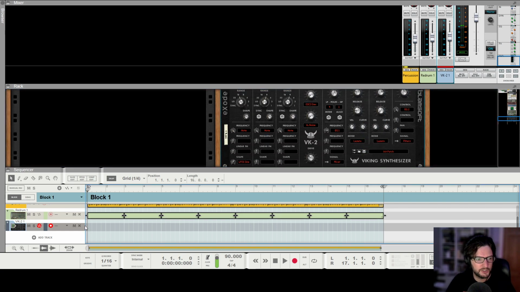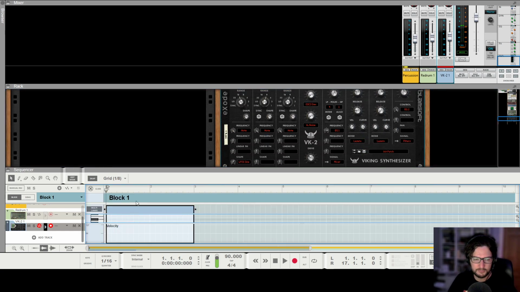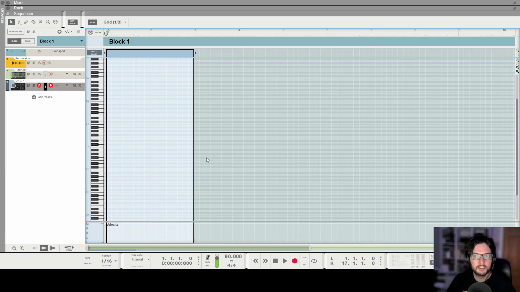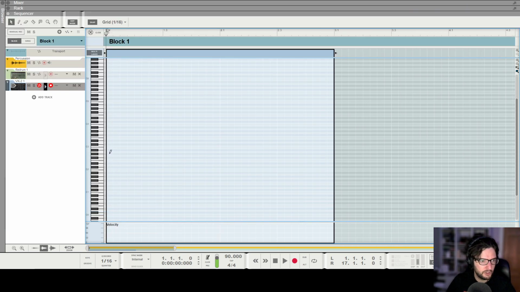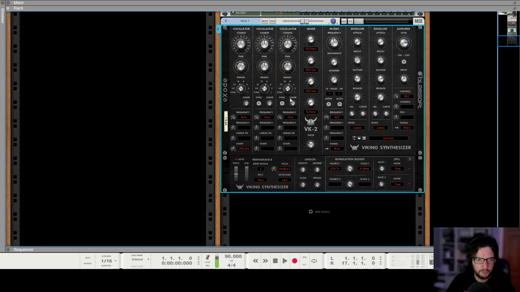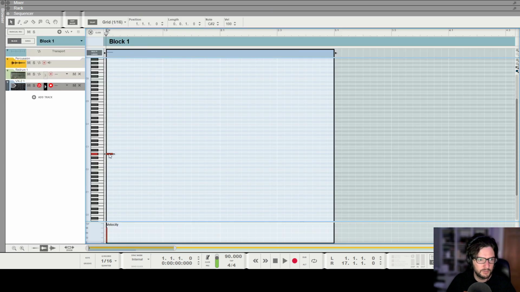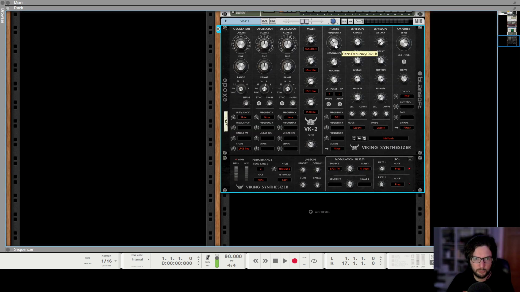Cool. So I'm just going to draw in a nice simple bass line. So let's start with, actually I might bring that down another octave just so it's easier for me. Yeah. I might actually bring the filter down because that's a bit much, and have, yeah, okay, so